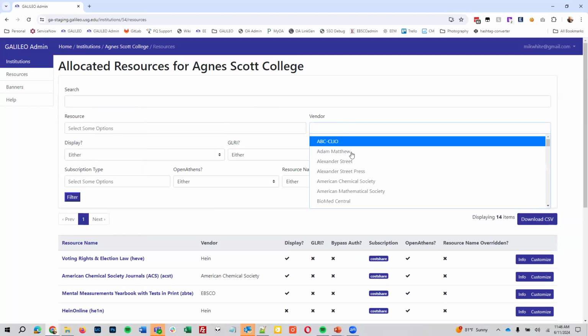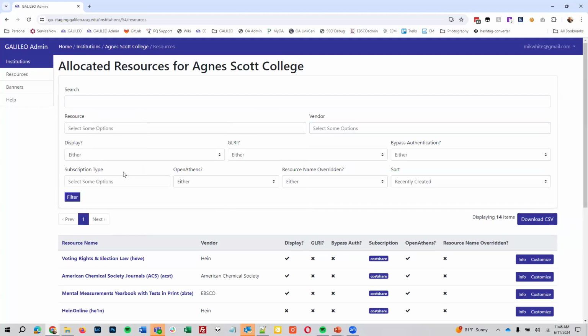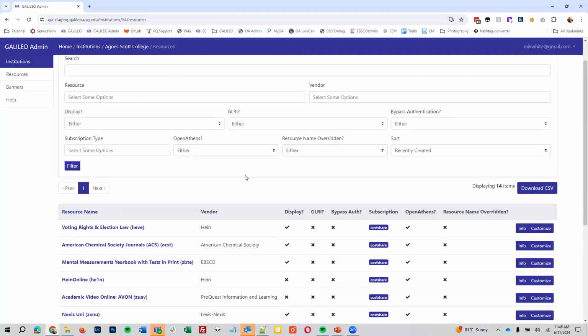I can limit per vendor. If I want to sort by if it's displayed or not, if it's a GLRI, if it's set for bypass. One of the new features we've added is subscription type. So let's say,